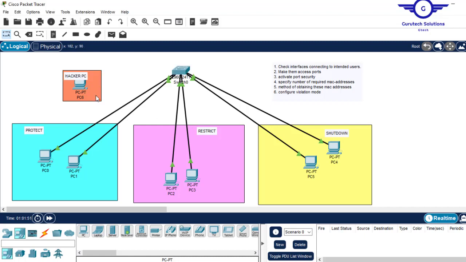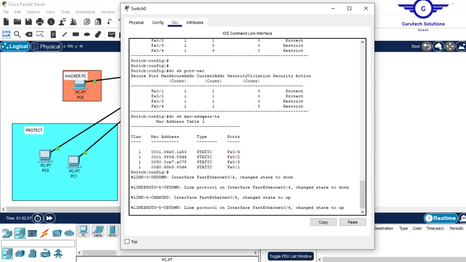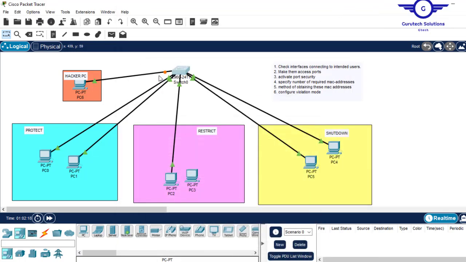So we need to test the hacker PC. I just plug from that computer to the hacker PC, and you can see the hacker PC is connecting to FA0/4, which is under port security. So what I'll do is wait for it to turn green,